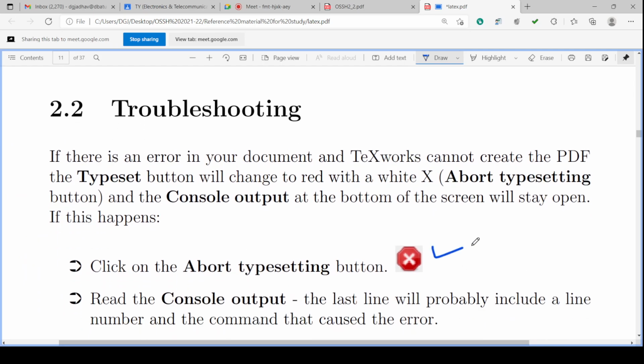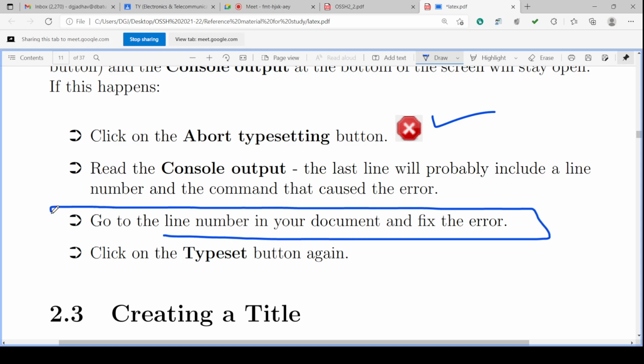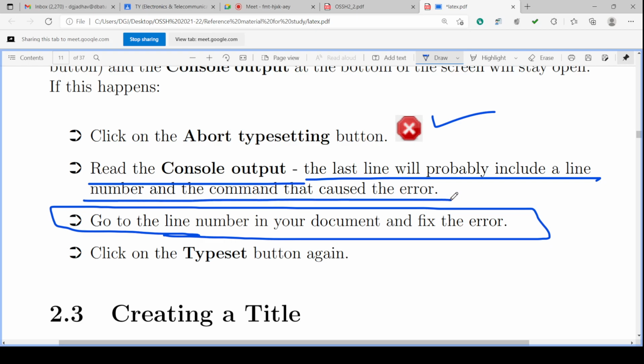So this is the error. If typesetting or some program has some error, it will be shown like this, and we can close that process and correct it, and we can have the line number in the document to fix the error. These line numbers can be found from the read console output, and the commands that cause the error can be found out.